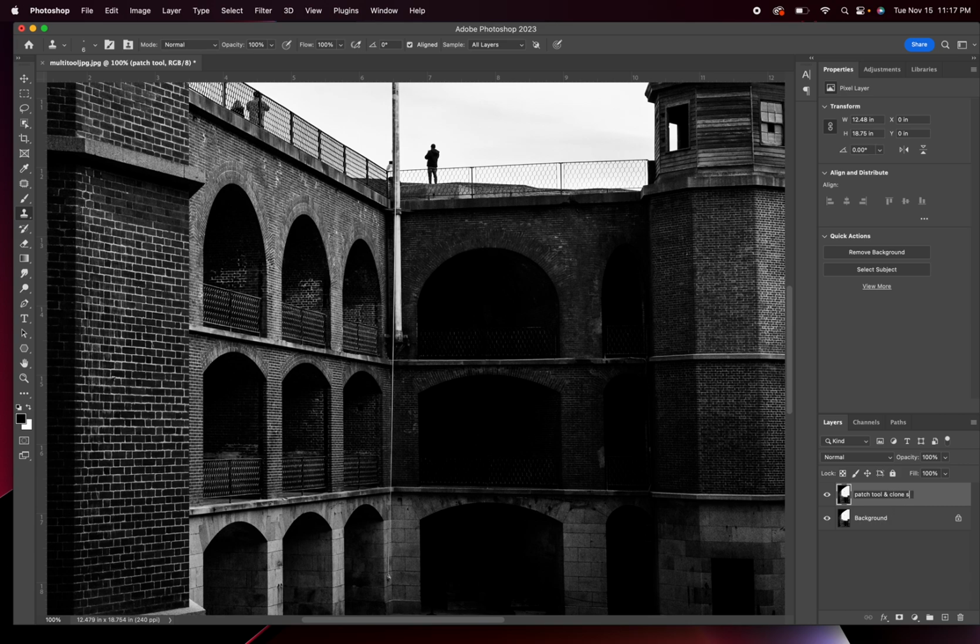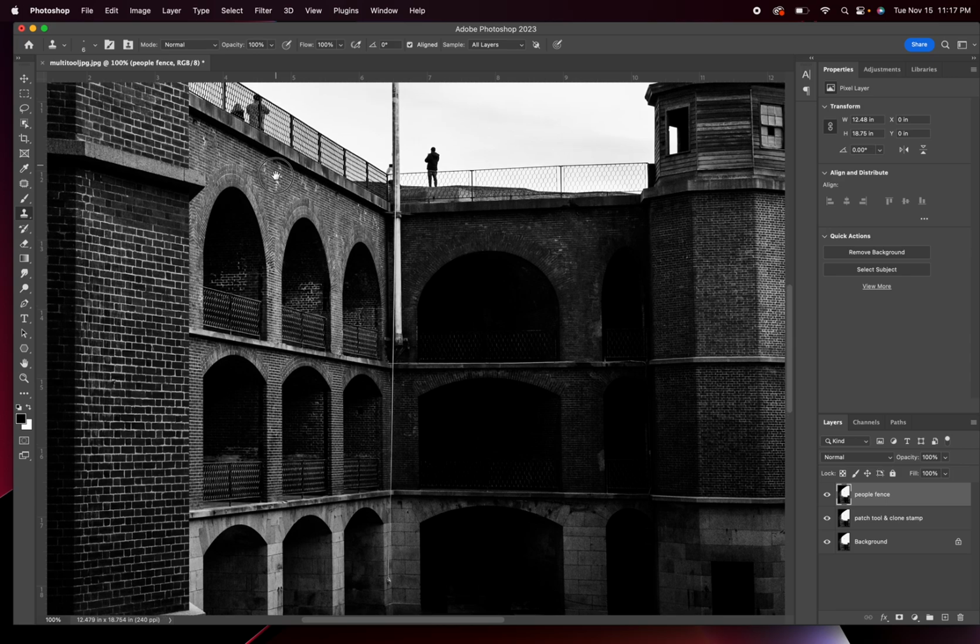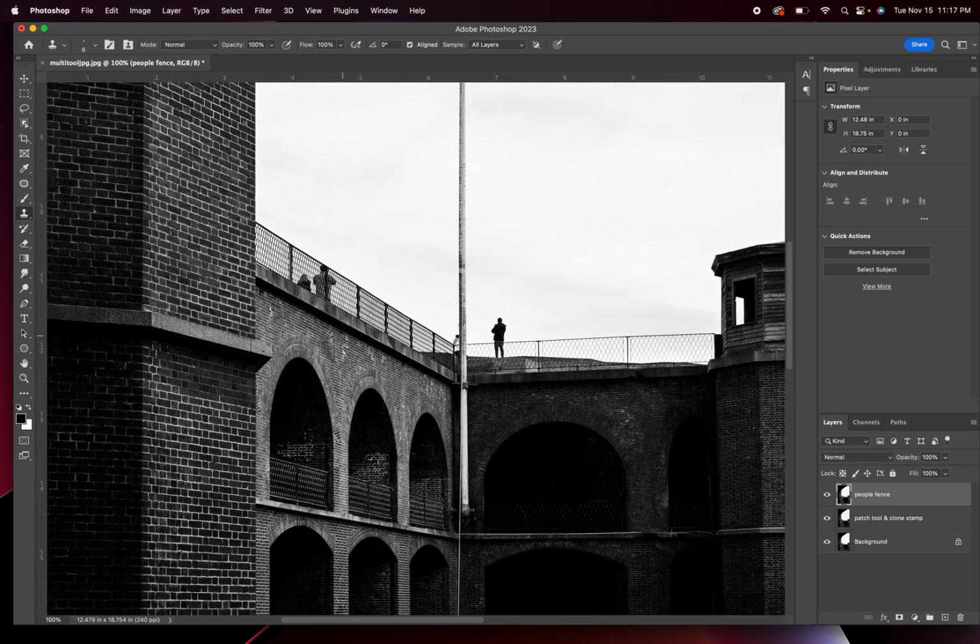And clone stamp. Okay, last thing I'm going to do, I'm going to Command J one more time. This is going to be called People Fence, because we want to get rid of the people that are up here behind the fence. All right, so if I tried to clone stamp on this one, well, let's try the tools we know first. Try patch. If I were to circle around them and patch them, drag them down to another space in the fence,